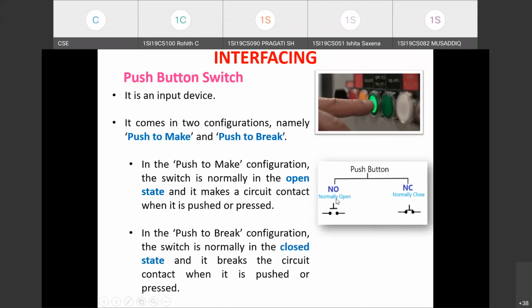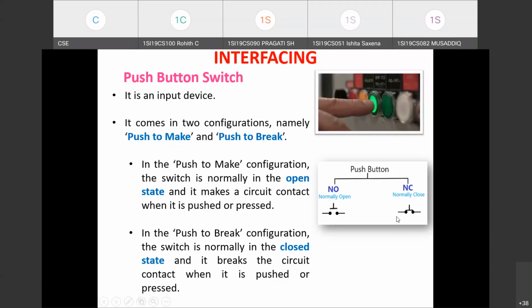So push button switch, push to make: normally the switch will be in the open state in case of push to make. Once we press the button, in that case it will be a closed circuit. In case of push to break, normally it is in the closed state, and once we press the button, in that case the circuit contact will be broken. Okay.